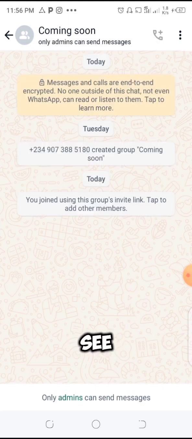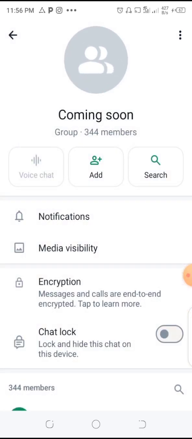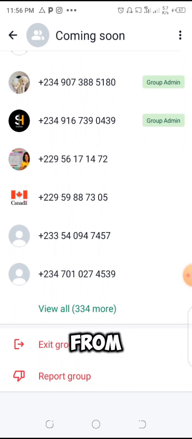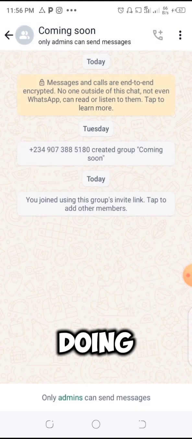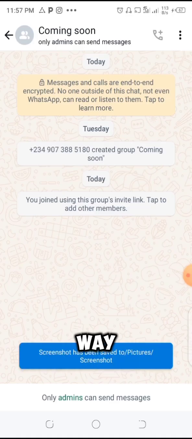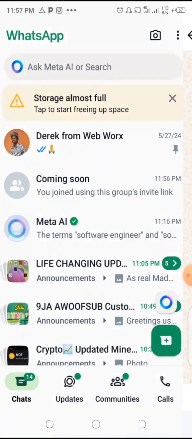So good, you can see the group, it says coming soon. Let's just see. Okay, you see 344 members. I'm sure most of these people are from that place doing the same task that you're doing. So what you're going to do is screenshot it this way,